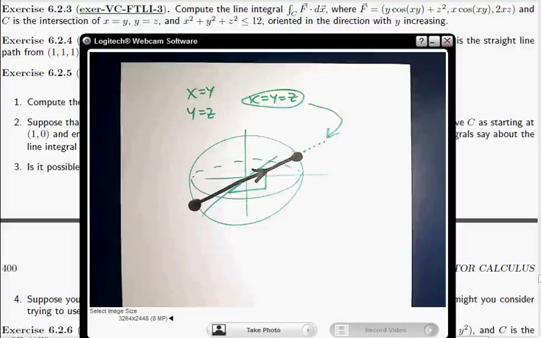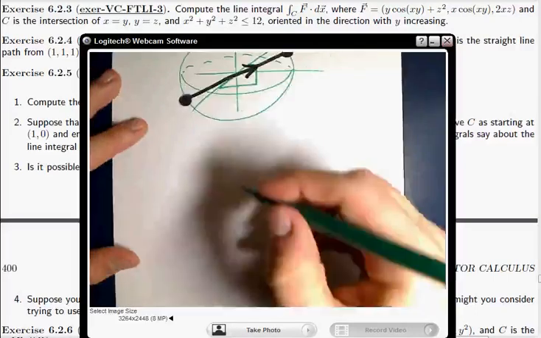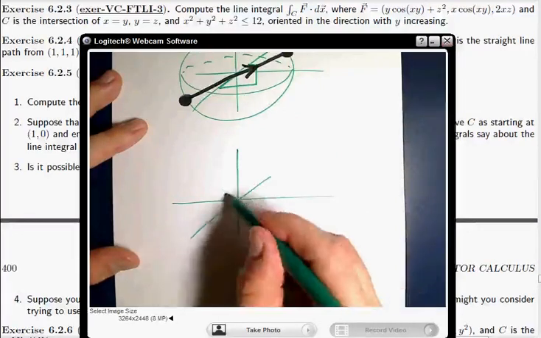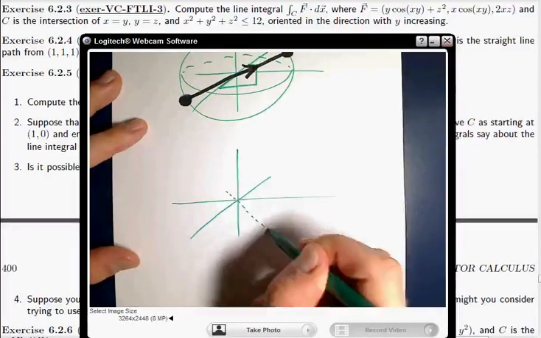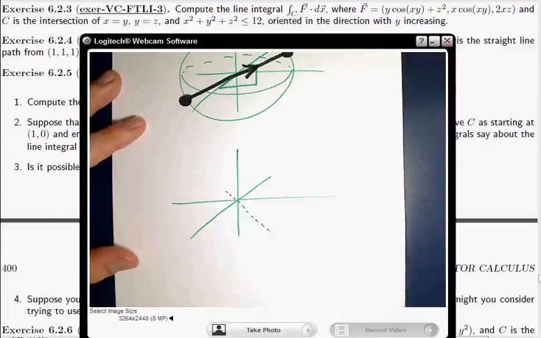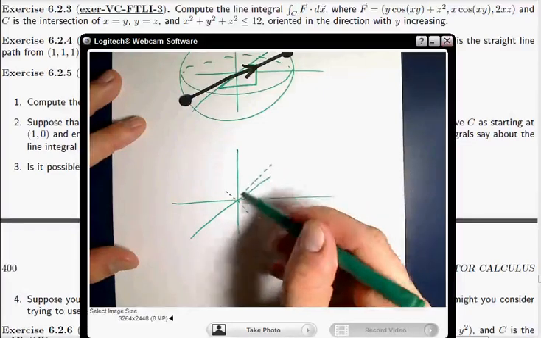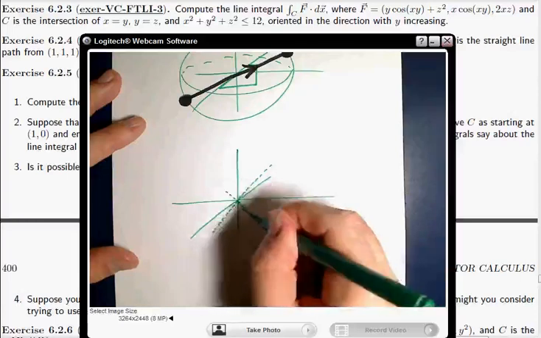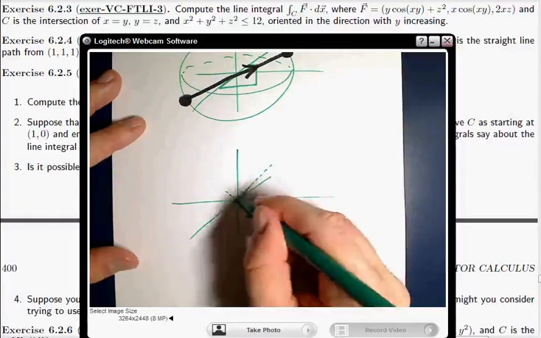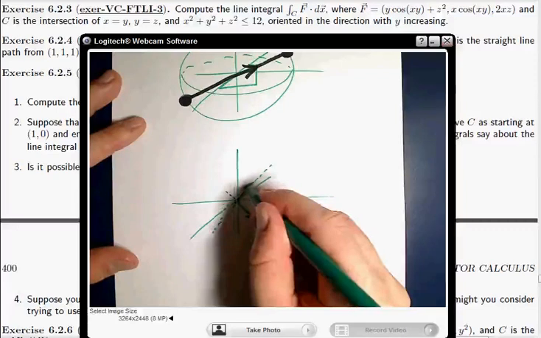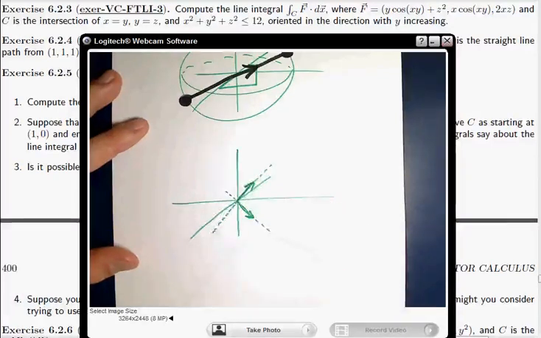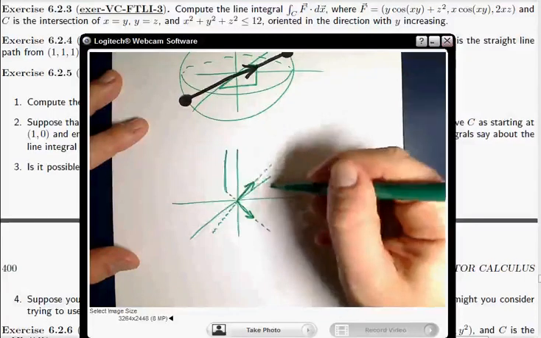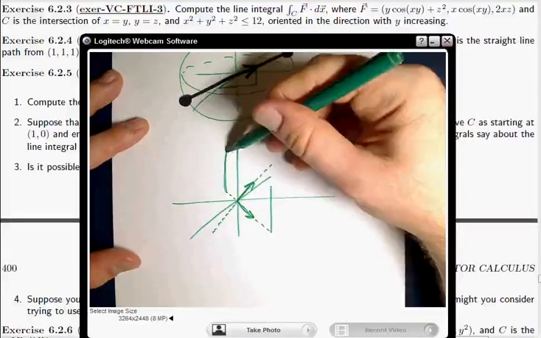So let me see if I understood you correctly. It sounds like you drew this line in the xy plane, right? And then you drew sort of this line in the yz plane, right? And then you looked at these vectors themselves. Correct. So the reason this doesn't work is because we're not actually interested in that line. What we're interested in is the plane that's defined by that line,